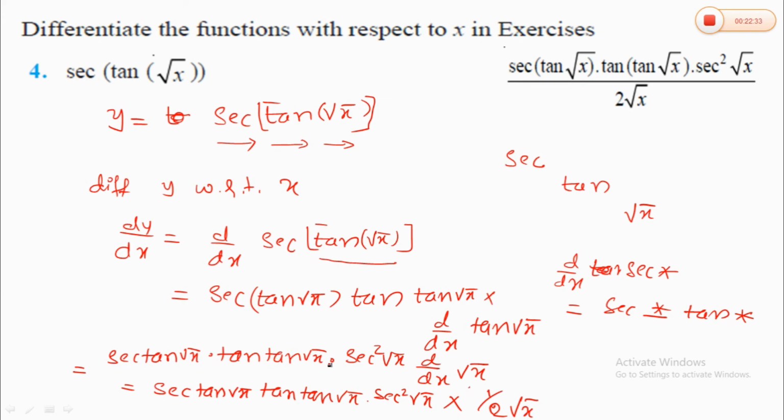So therefore the answer I have given here is sec of tan root x into tan of tan root x, and sec square root x into 1 upon 2 root x, or the whole divided by 2 root x. So in fact, you can find the derivative of this y function in one step. But at present we should not go for